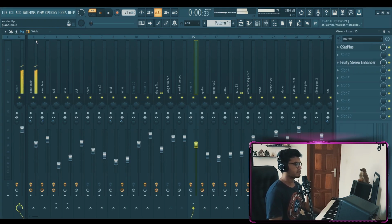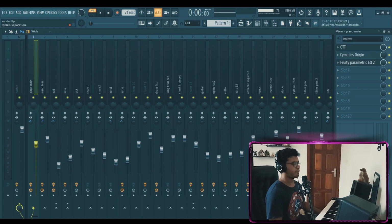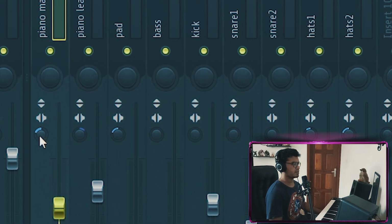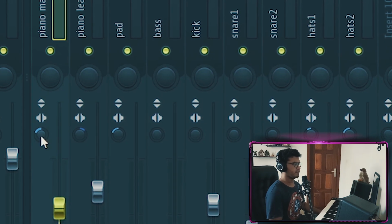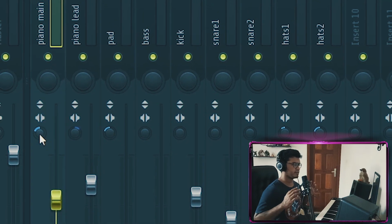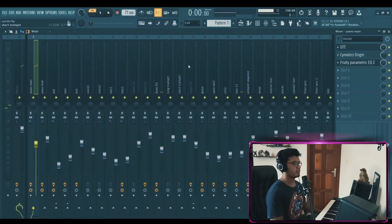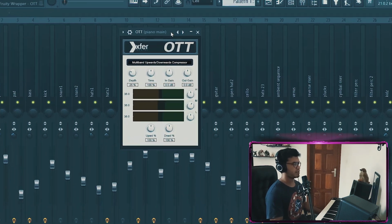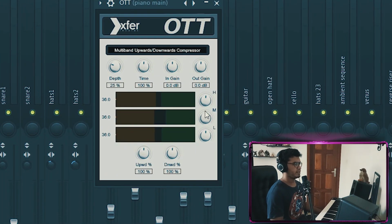As far as the effects go, first of all, I widen the sound a little bit right here. This is a stereo knob. If you move it to the right, it increases the stereo presence. And anyway, what I did was I added an OTT, like I usually do. I boost the mids and a little bit of the highs, and I turn down the depth all the way to like 20%. Because it's a very powerful tool,